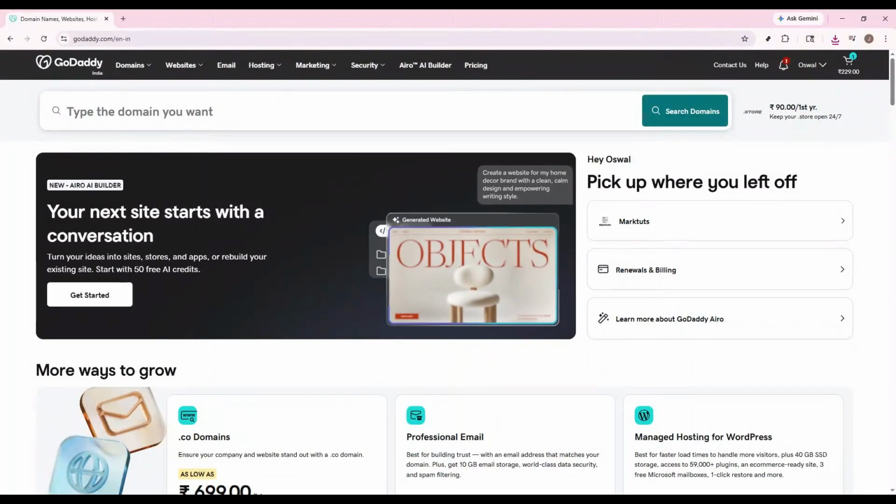If you're looking to buy GoDaddy hosting, this video will walk you through the full process step by step so you can choose a plan, complete checkout, and get your hosting set up without confusion. We'll go through everything in a simple way, whether you're buying hosting for a new website, a blog, a business,